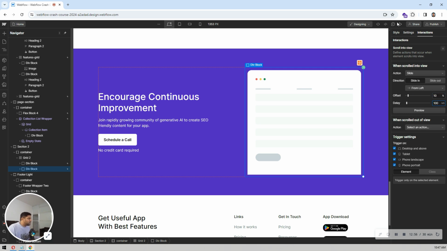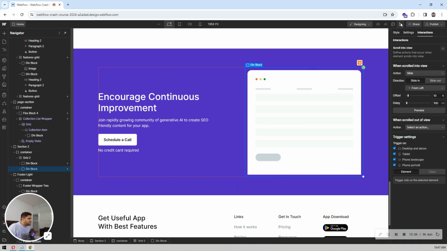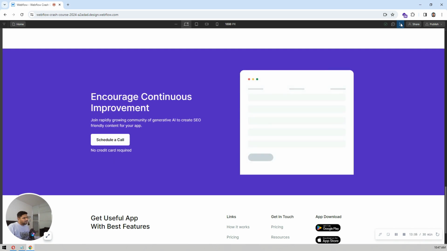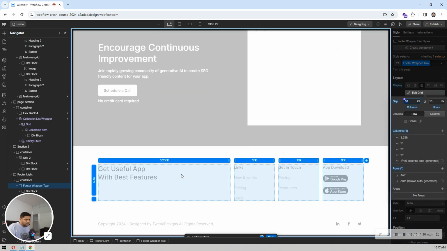Okay, now just have a look. See, both will come from the opposite sides. So I think it's good. And again for this one,